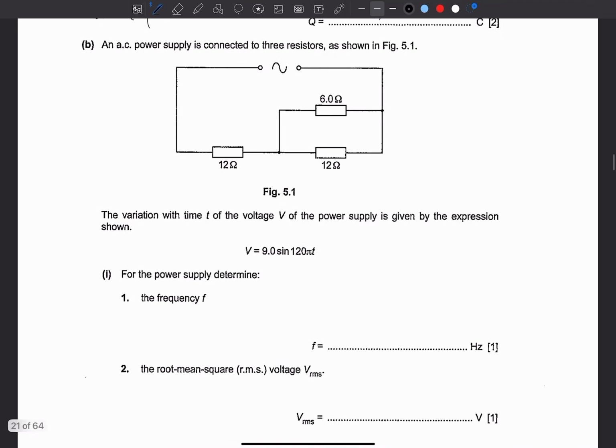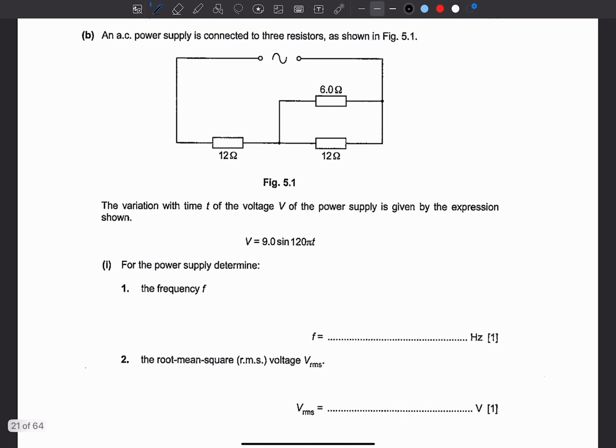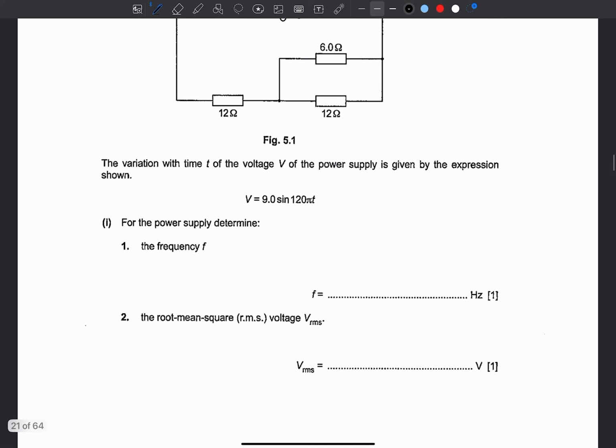Right, next question. An AC power supply is connected to 3 resistors as shown in the figure. Okay, the variation with time of the voltage V of the power supply is given by the expression shown, this expression. For the power supply, determine the frequency f. Okay, so if you were to look at your data formulae, you can see this one being given. x equals x naught sine omega t. This is the formula for alternating current slash voltage, right? So if you just compare these two,